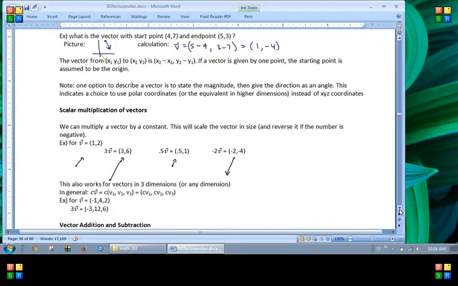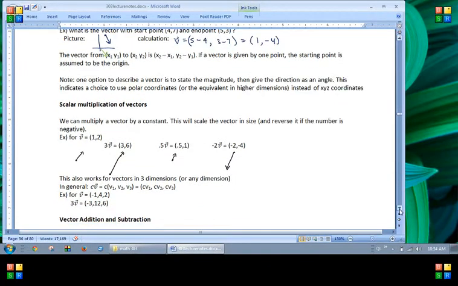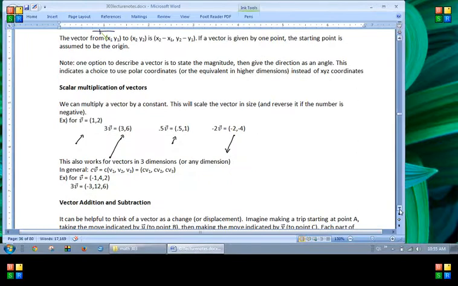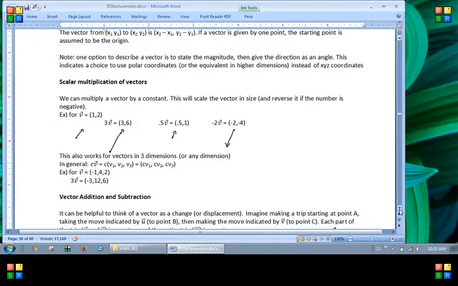The next nice thing we can do with vectors is addition and subtraction. In general, and also for this topic, it can be helpful to think of a vector as a change or a displacement. Like we did when we defined a vector, we said a vector is like going from point A to point B. That idea. So imagine making a trip starting at point A and then taking the move indicated by the vector u